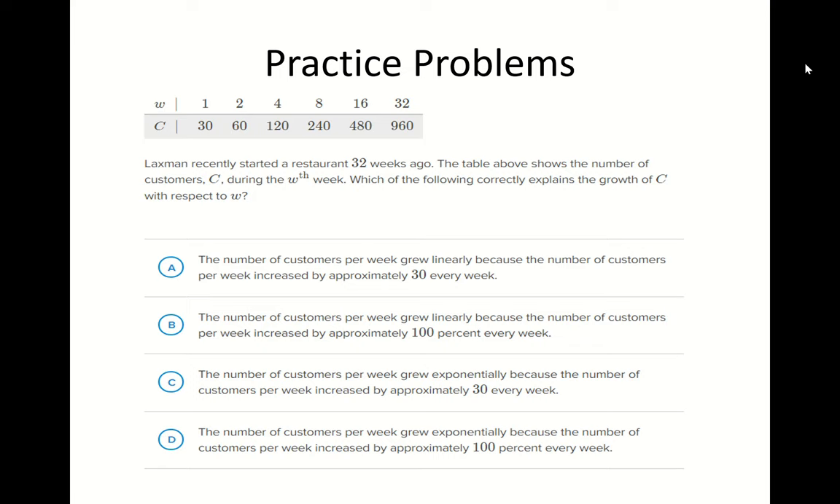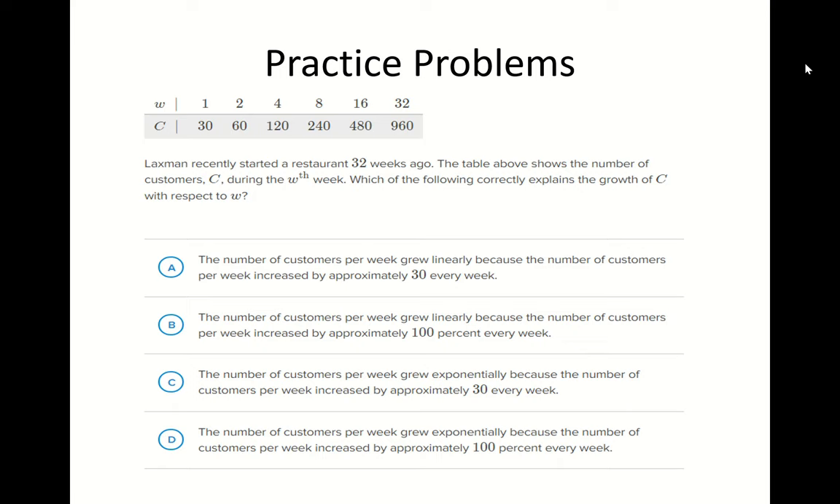The change here is 30, right? The change here is 60. And the change here is 120. Clearly different changes. But also the change here is 1 week, the change here is 2 weeks, and the change here is 4 weeks. Now, if you think about how linear rates are developed, it's going to be the change in y over the